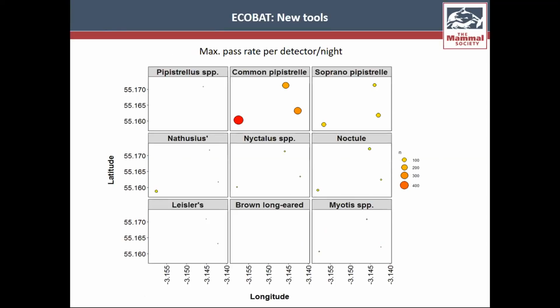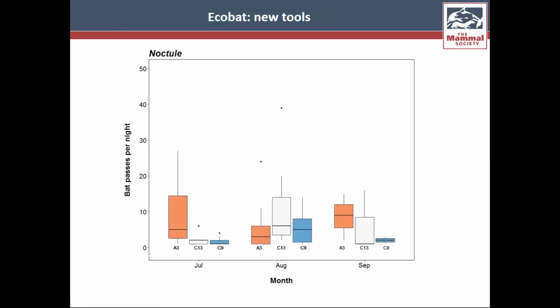You can also put in outputs like the maximum pass rate per detector, and you could put in the median pass rate per detector. We've done this spatially. So this is a latitude and a longitude, and we've got a panel for each species with the numbers of passes represented by different sizes of blobs. And we could also change this to make this, rather than pass rate per night, pass rate per hour, which might be a better measure in some ways. You can also get out for each species